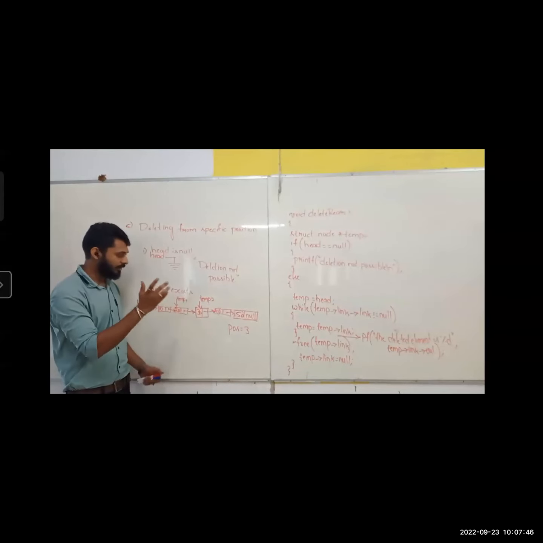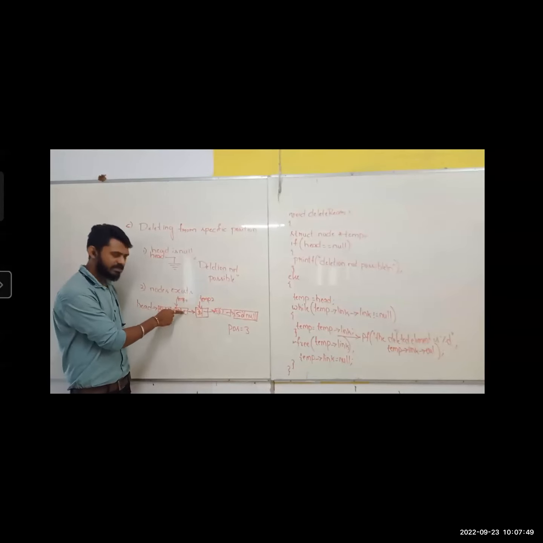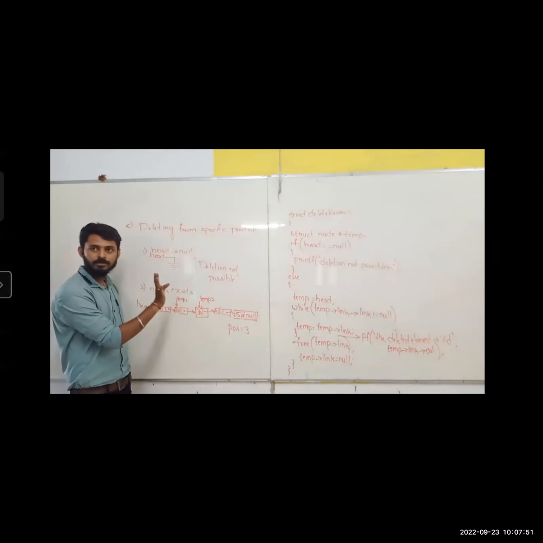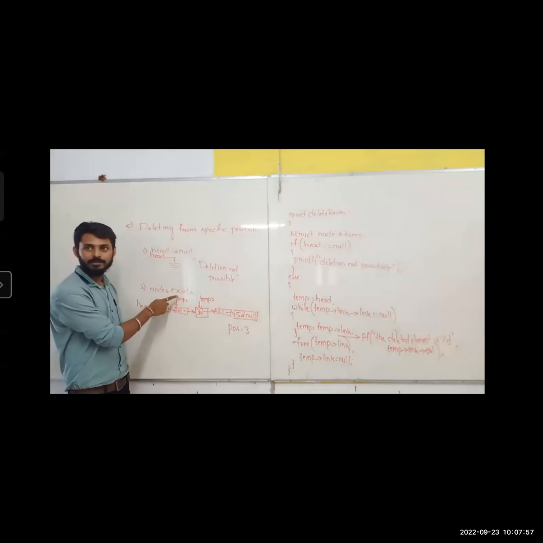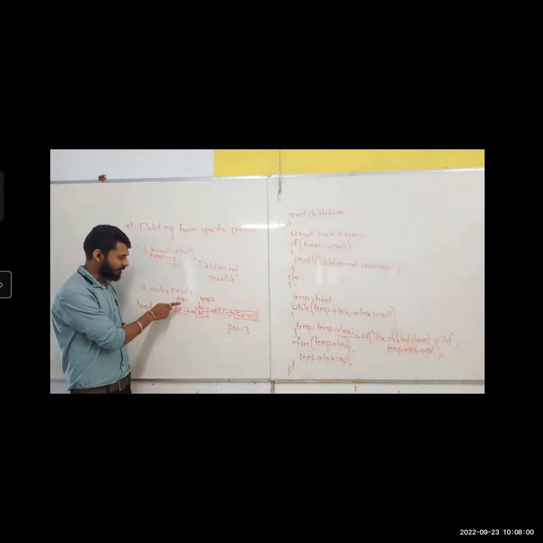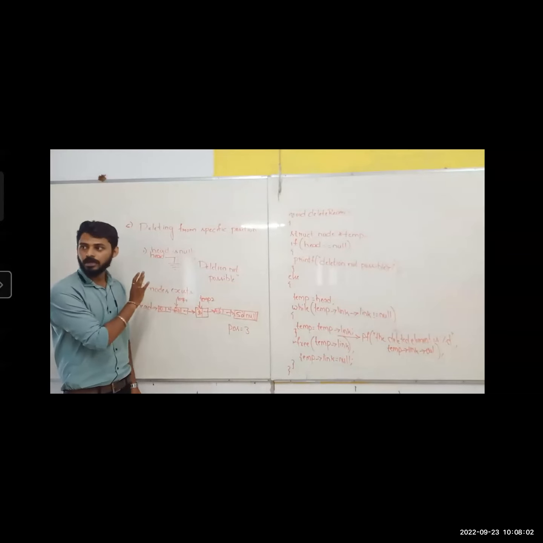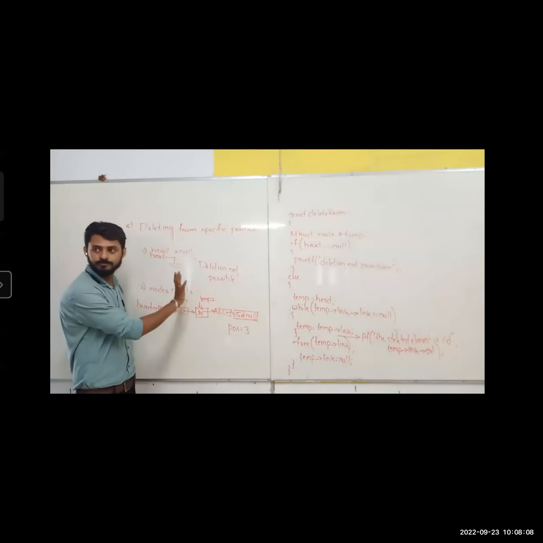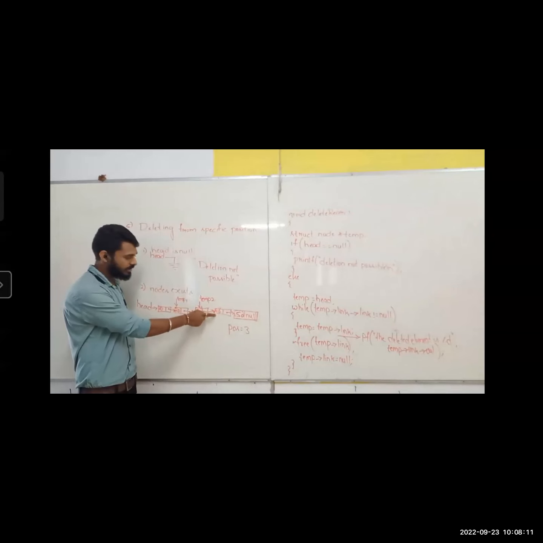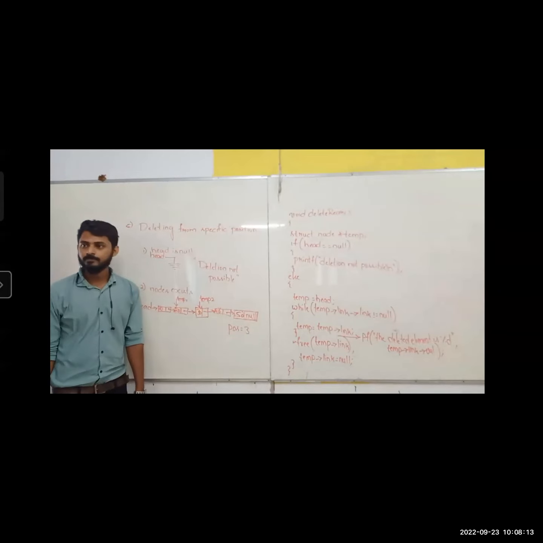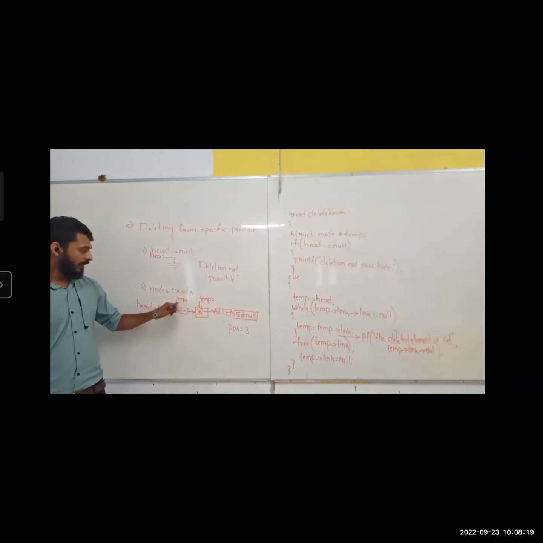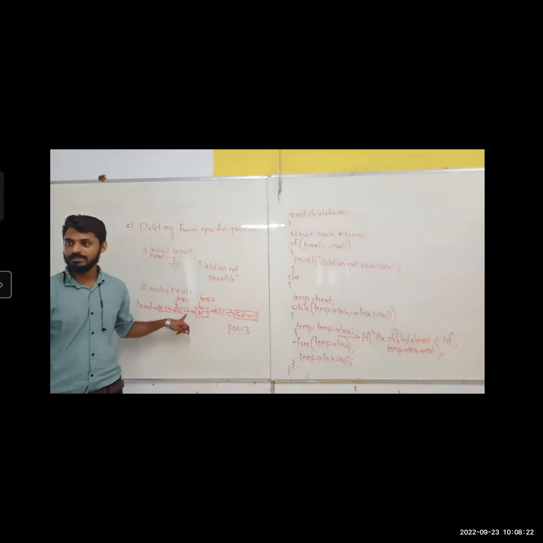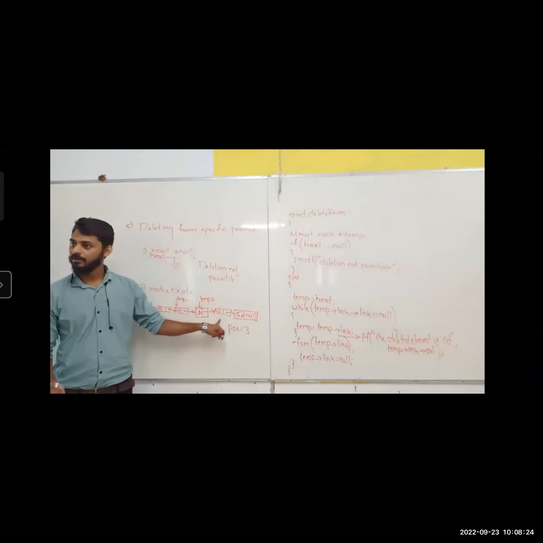I don't know why you think it's rocket science, what I'm giving you. What is this? When I asked you completely, no one answered. Now I'm asking, what is this? Temp 1's link. This should point to some place. This much you understood. Where should it point? Here. What is this position? Who is pointing here? Temp 2's link. Temp 1's link should point to the same place where temp 2's link is pointing. This much you have understood.